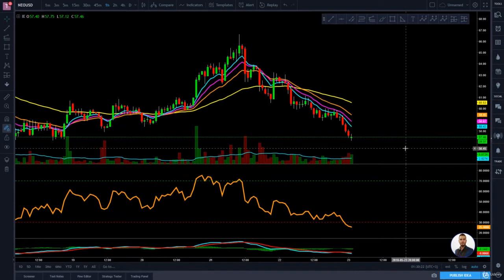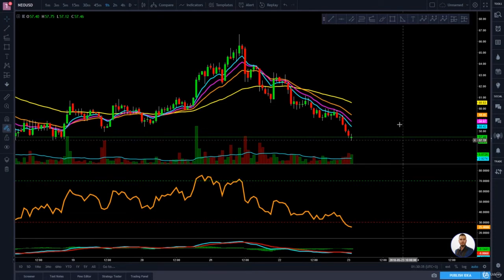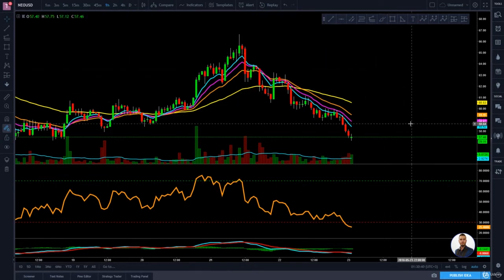Now I want to show you how to find resistances and supports using RSI and a few setups that will help you to find good entries or exits based on RSI, moving averages and candlestick chart. For the first setup, I am using the Neo chart and I am on 1 hour time frame. For this example, I am going to show you when is a good time to sell based on RSI and